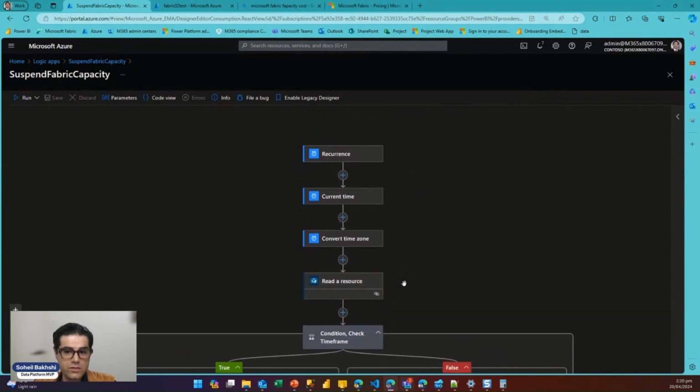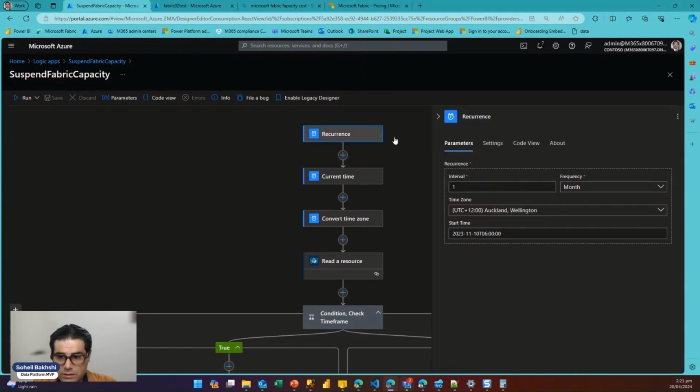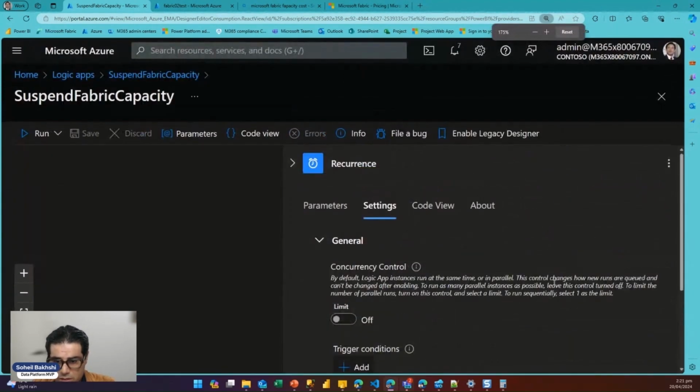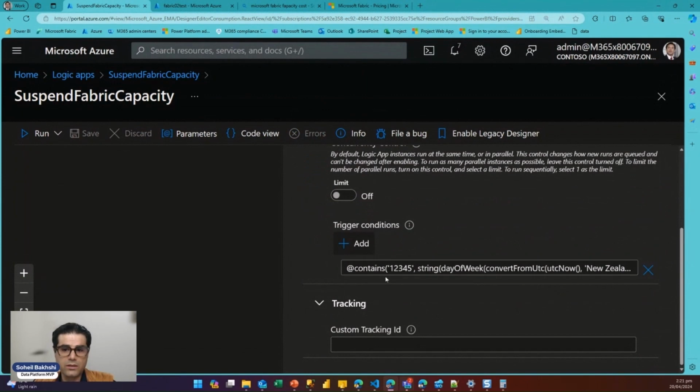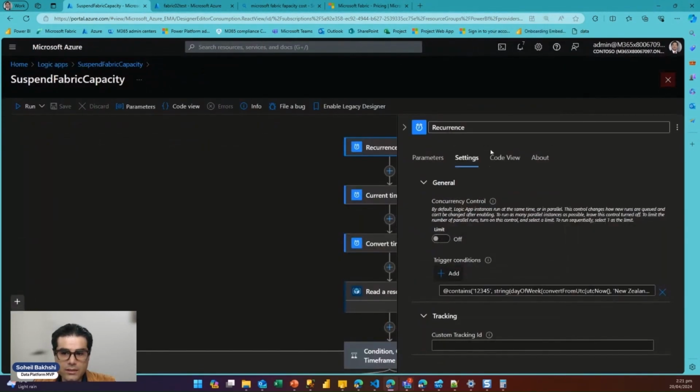I want this workflow to run only if my capacity is running and only if it is on a certain time frame, right? On a recurrence, if I go to the settings, I don't know if you can see it or if it is too small. I just zoomed in, right? So with this expression, I can identify the workday, right? So from Monday to Friday, right? It will only run from Monday to Friday, and it looks at the next step. I will look at the capacity